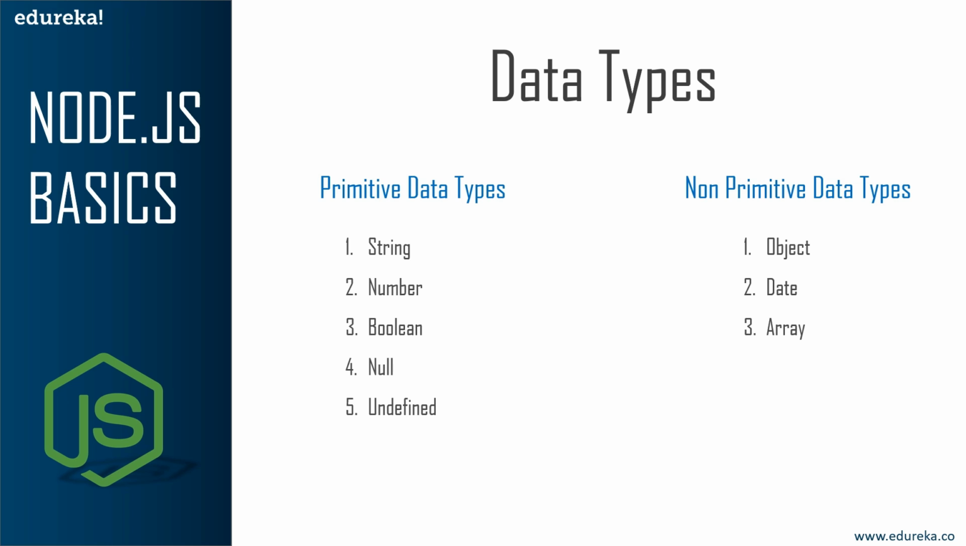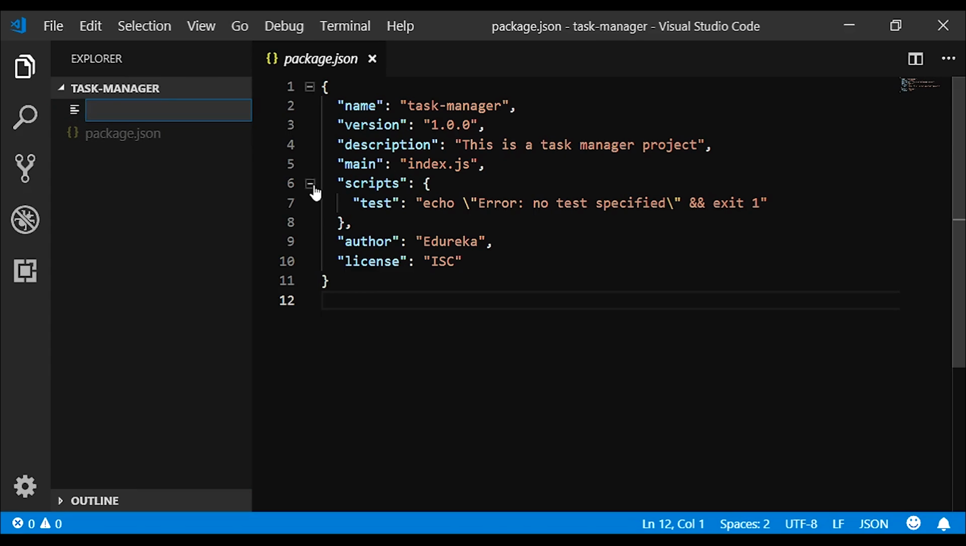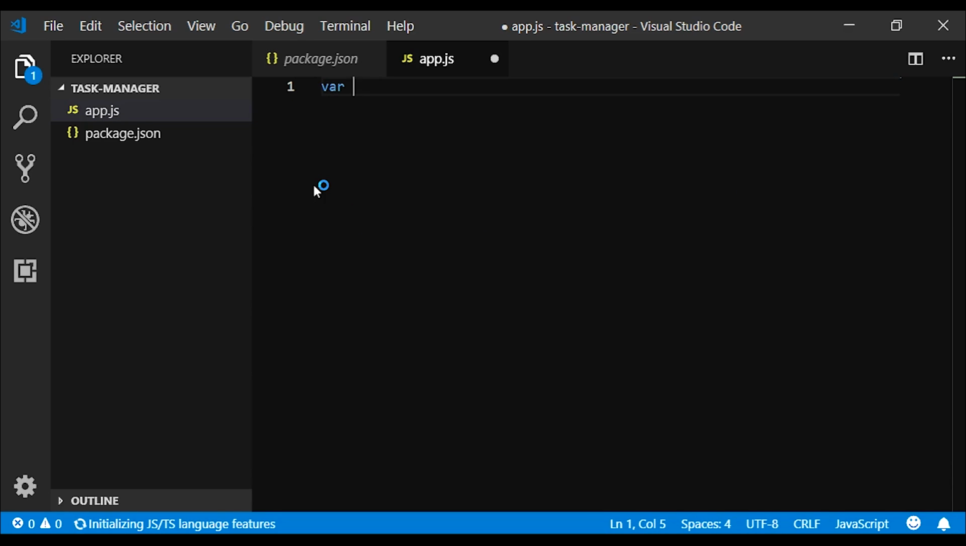Primitive data types are string, number, boolean, null, and undefined. Abstract data types are object, array, and date, to name a few, by the way. There are so many others, but these are to name a few. So say for example, if I create an application, let's just create a string as a variable and let's see how that works. So let me just create an app.js file,